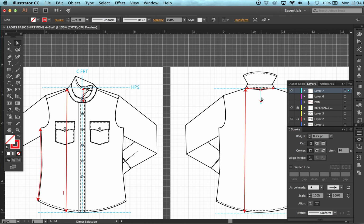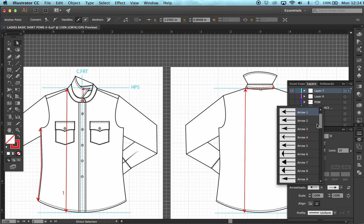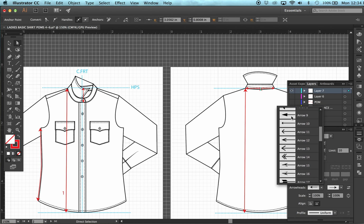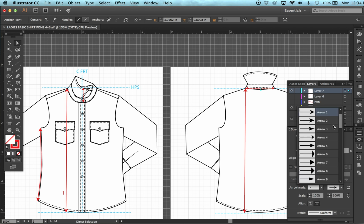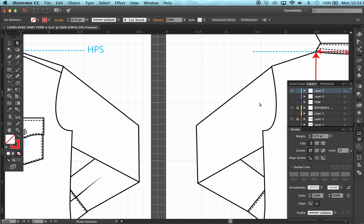So here's the back neck drop, which goes from, again, the back HPS reference information to the join there. We can see that the arrows don't work now. So we can try to see if we can get it to the smaller arrow here, if it's still visible, and if not, we're going to have to remove the arrows entirely. So we will zoom in on it and see that